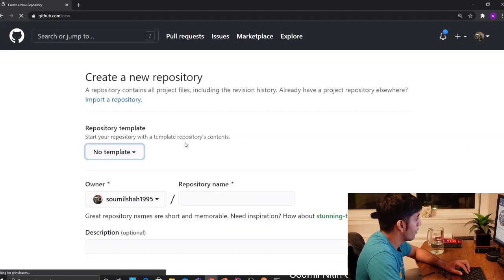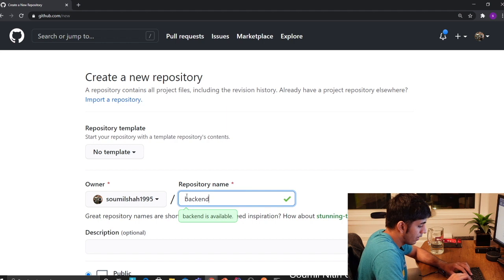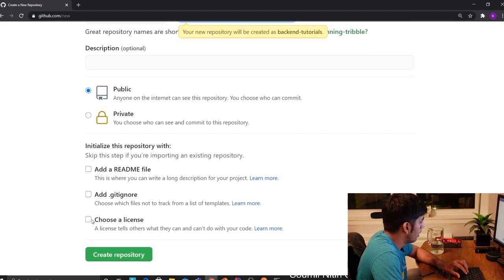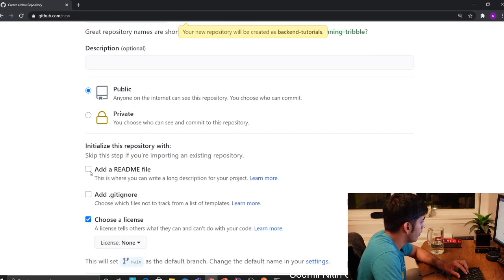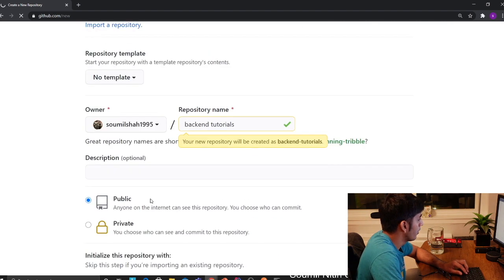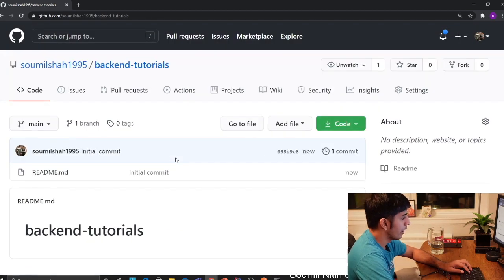I'm just gonna create one pretty fast. Don't worry. So backend tutorials. Quickly add a README file, and I should be good. Okay, create a repository. So I've done that. Just gonna dump the code pretty quickly, and you should have all the code.